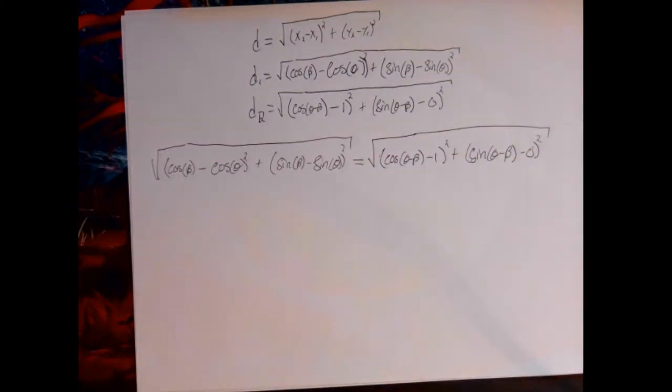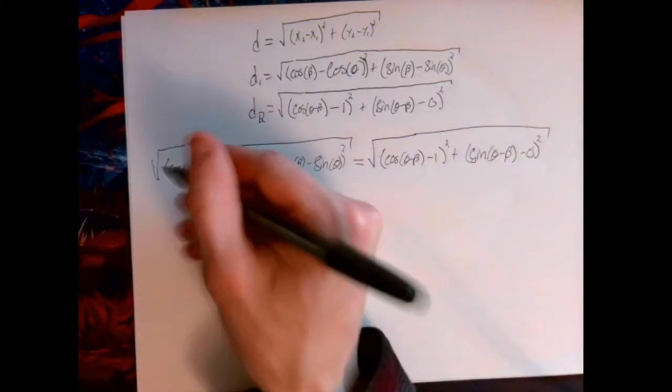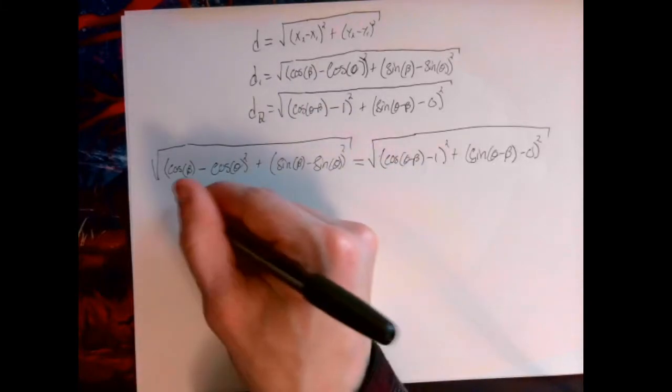So now what we can do is solve this to see if they can come out with the identity. First thing we would do is square both sides, and that would get rid of the square roots here. So we would end up with